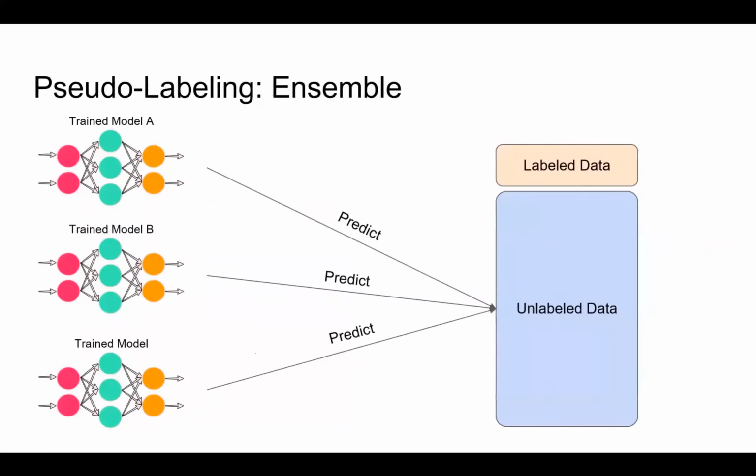Another thing to notice, the pseudo-labels should be obtained from an ensemble of models instead of a single model. One of the reasons is that individual models can have their own bias, and if used alone, the bias can be propagated into the dataset. Another reason is that ensembles always work better than standalone models, so you're simply getting better labels.